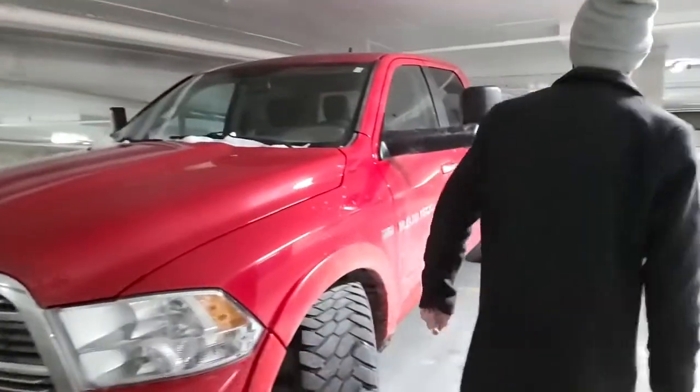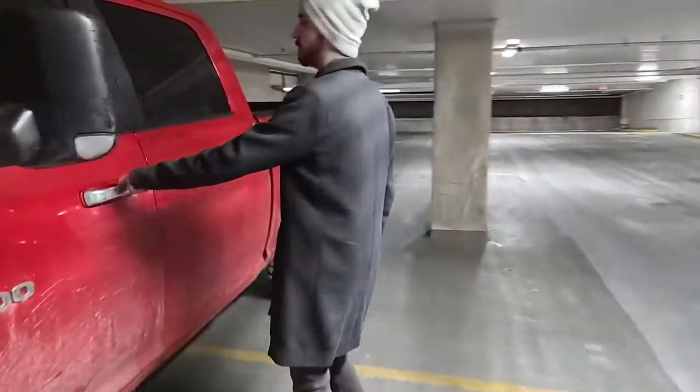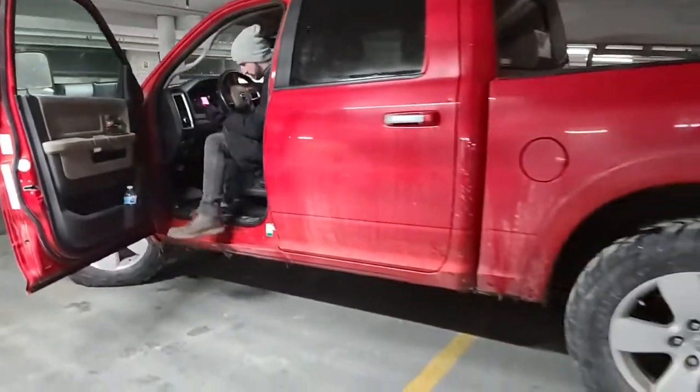Another good thing is this truck does sound pretty decent. Now that's not by default. It's just what ended up happening. But if we fire it up,